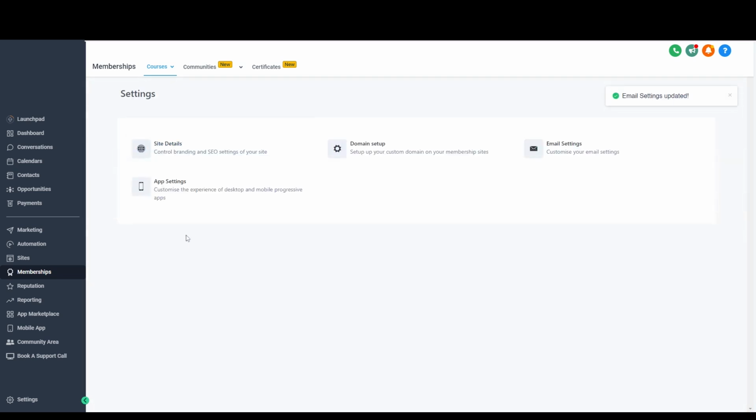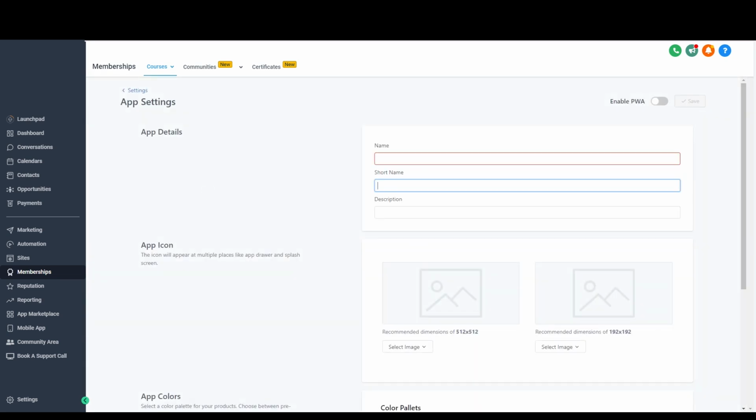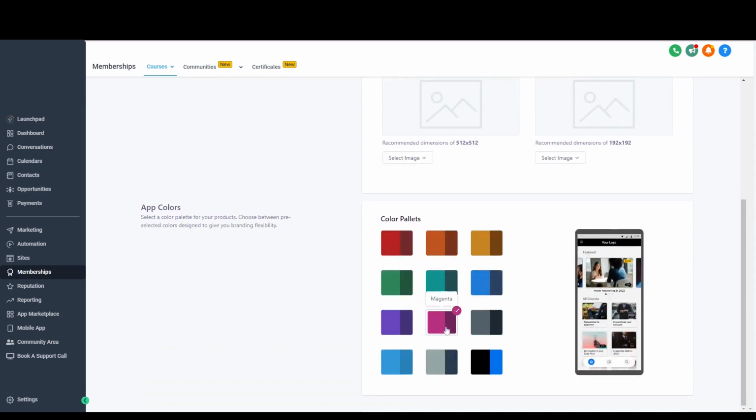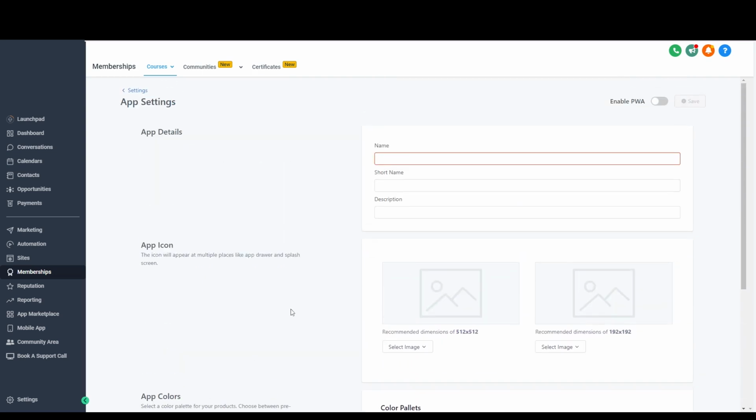Going to go back, and then you've got app settings here, customize the experience of desktop and mobile apps. So in the app settings here, you can give it a name, a short description, and a short name, and then the icons, and change the colors just here how you want it to be. This will not change the name of the app that they download from the App Store or Google Play Store, because that is called Collab. So your customers will download an app called Collab, which is KOLLAB,